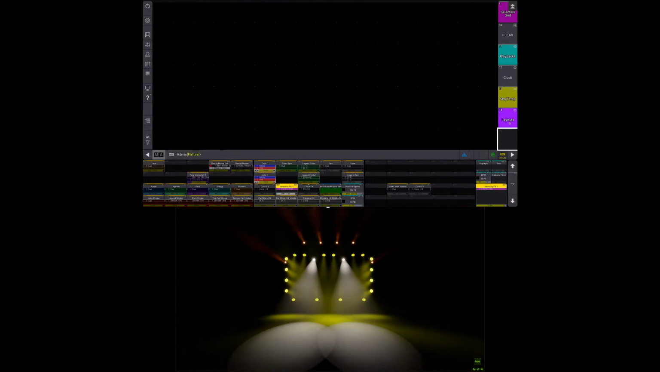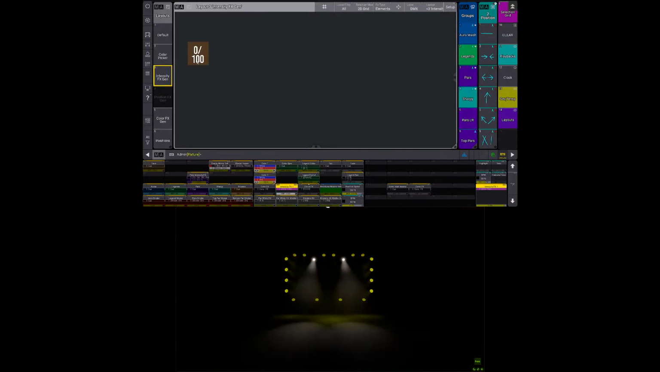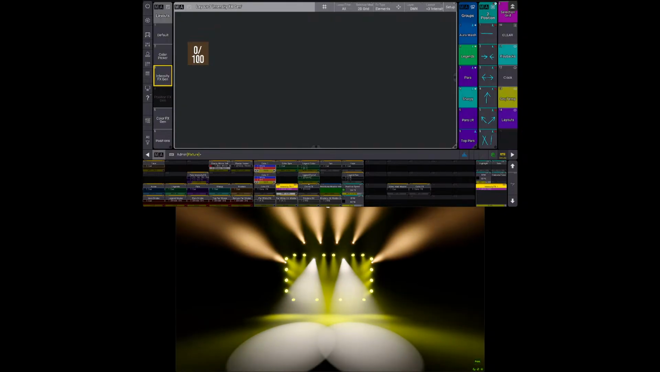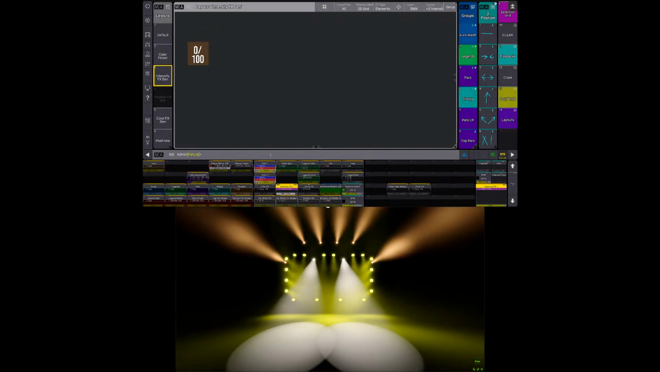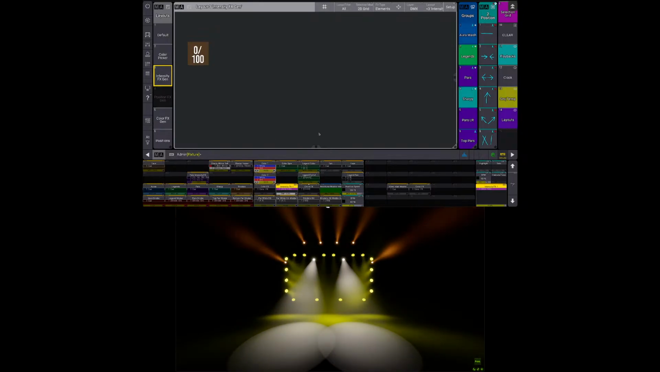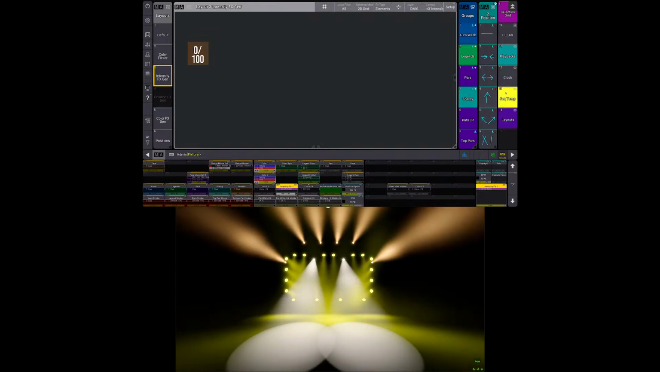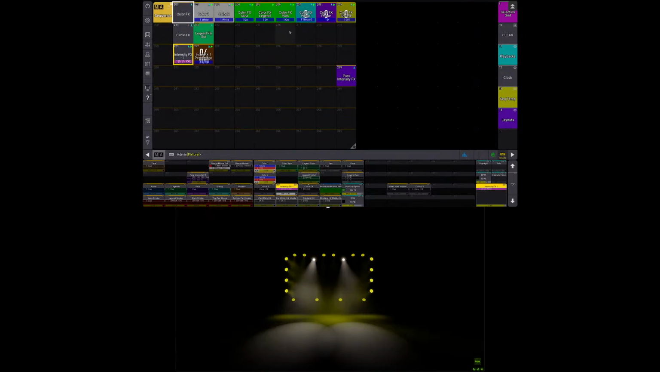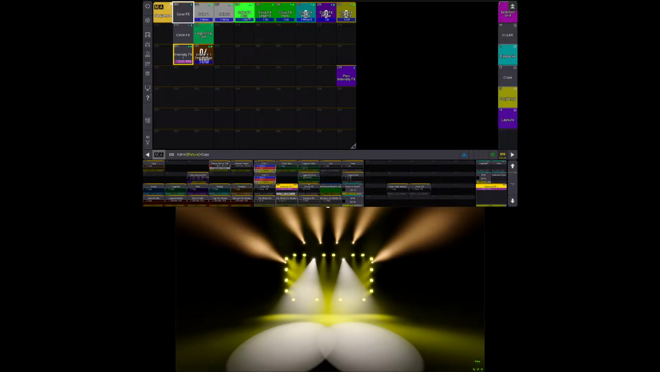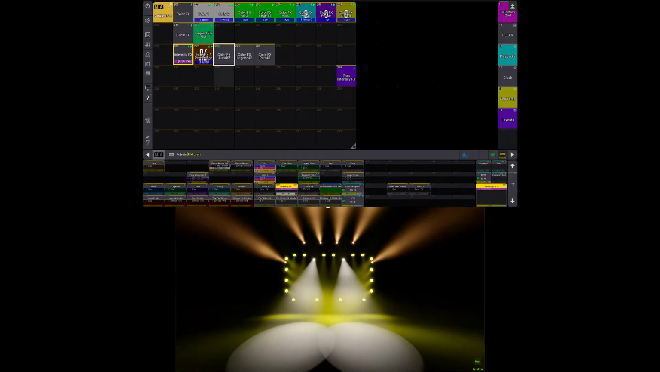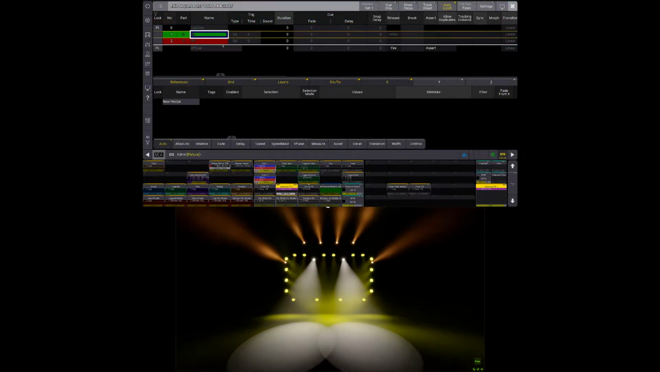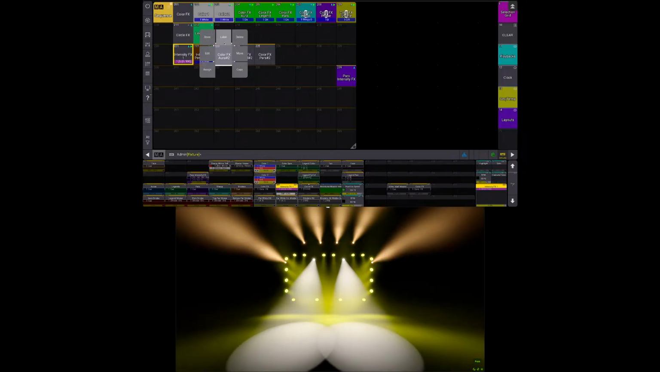So if I go to my layout now, 0 to 100, 10 to 100, 10 to 50. 10 to 50 more than anything is there for the blinders. But it works. So next, I'm just going to copy these color effects. I need toggles for them. So I want this to be